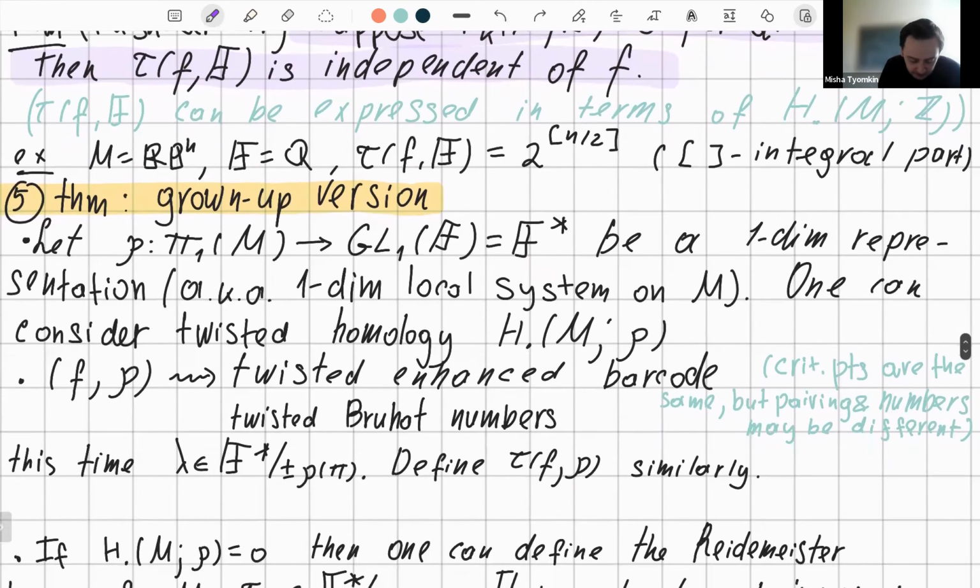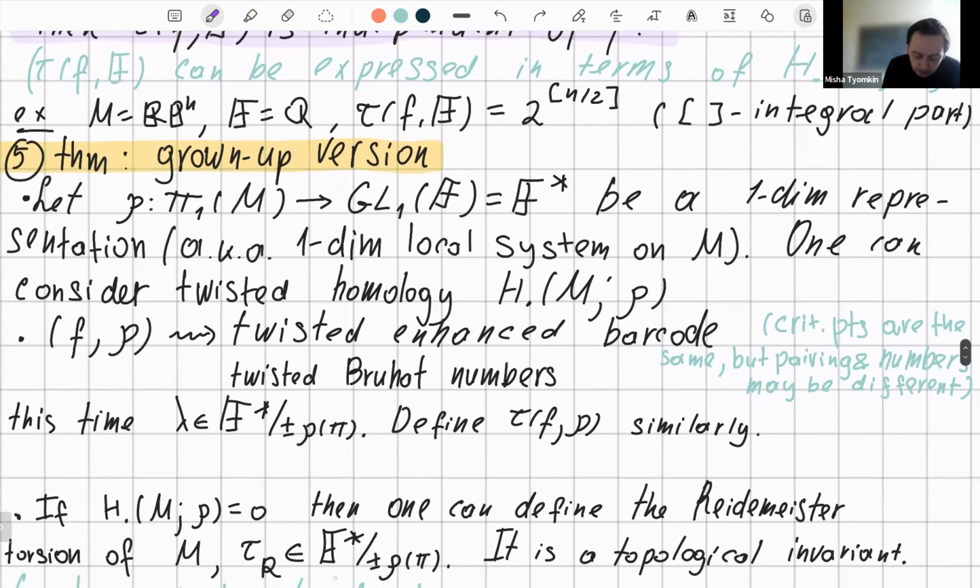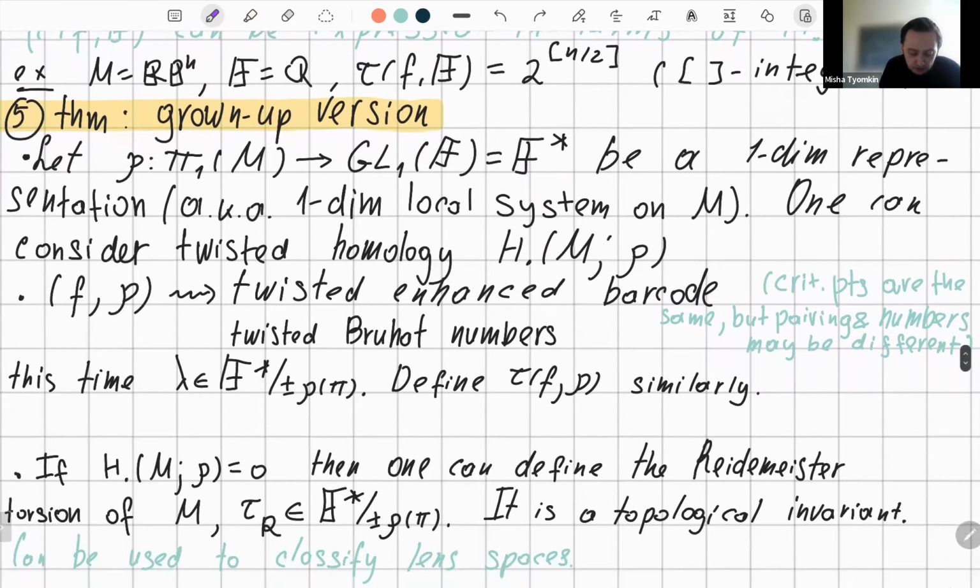So then what's next? Suppose that twisted homology vanishes. This is surely a very strong condition, but still, if it is satisfied, then one can define the Reidemeister torsion of the manifold, and it lives precisely in the same quotient group. Tau R is the Reidemeister torsion. So it is a topological invariant, a classical one, and it can be used to classify the lens spaces. So the point of this